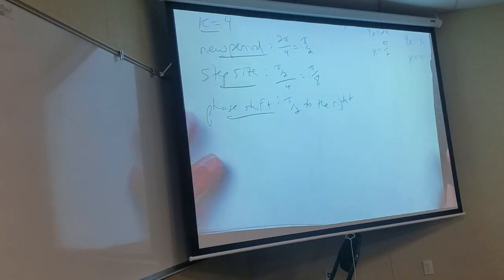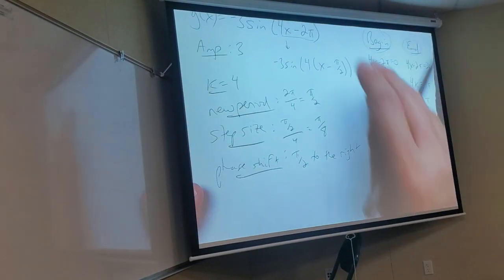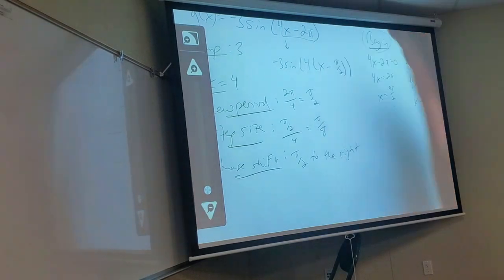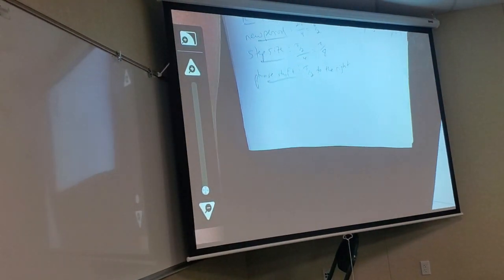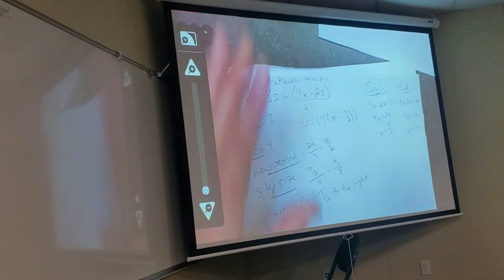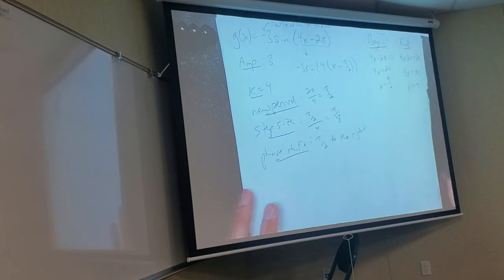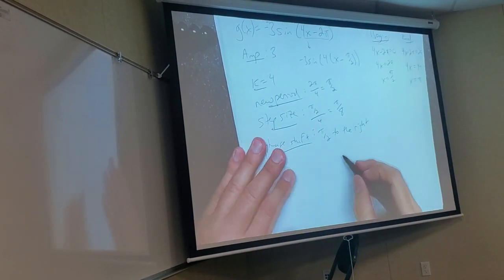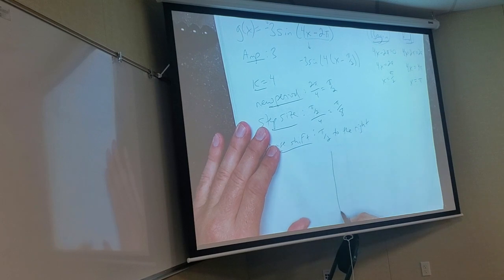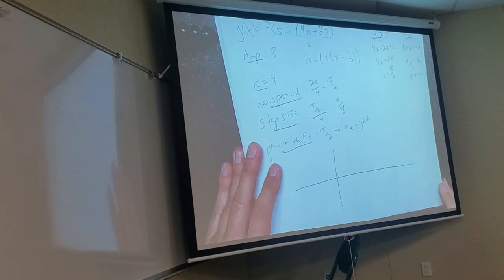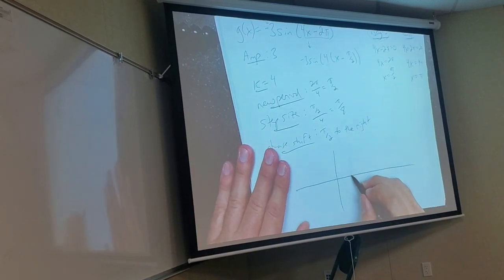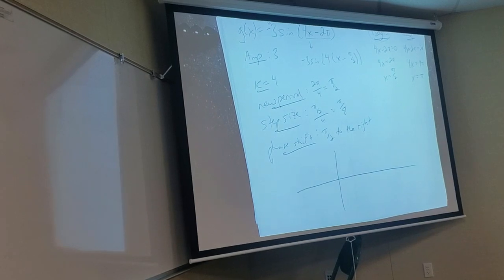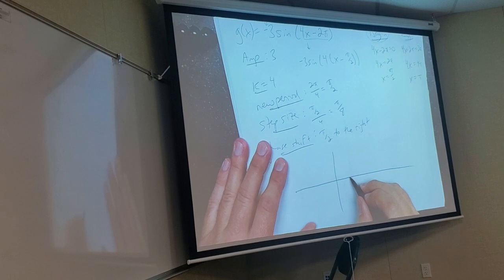So let's try to put all this stuff together. Okay, so I'm going to start at pi over 2. Now, of course, this goes forever, so whatever I do, I'm going to put arrows on both ends, right? But for my one cycle, I'm going to capture